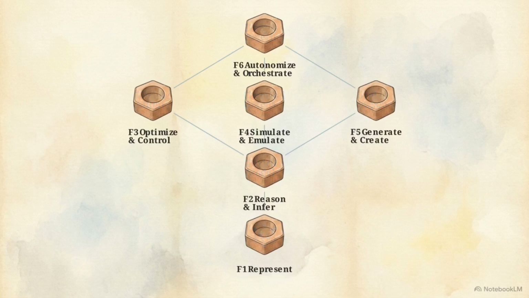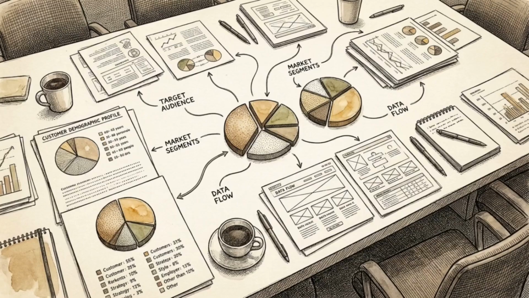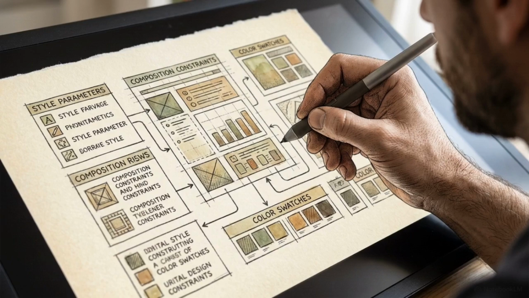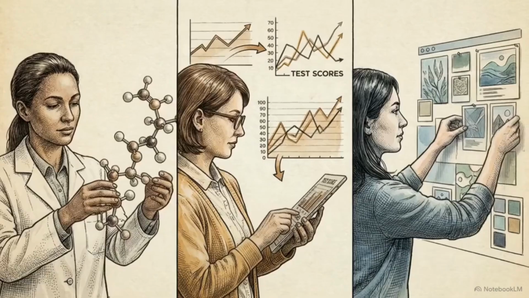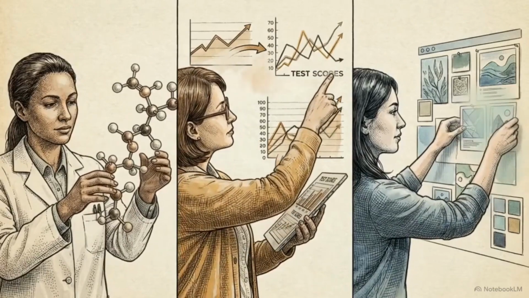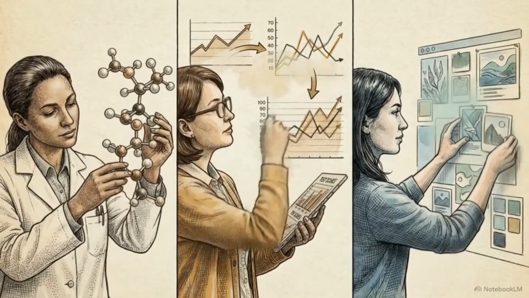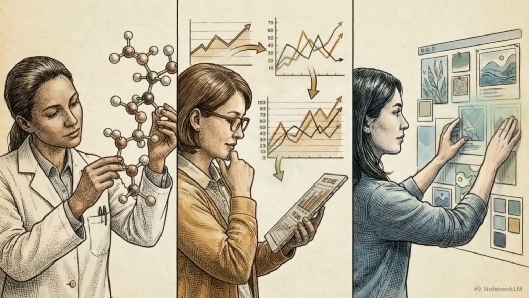Strip away the drug discovery data, and the architectural map remains intact. Applied to education, an AI tutor represents learner states, infers knowledge gaps, generates practice materials, and orchestrates feedback. In marketing, representing customer segments allows for inferring market needs and optimizing ad campaigns. In art, representing aesthetic styles allows for the orchestration of creative exploration. While the specific algorithms differ, the underlying functional roles, like representation, inference, and orchestration, remain the same across these very